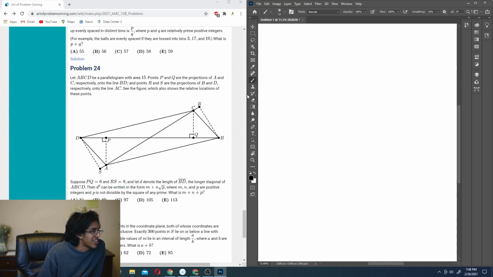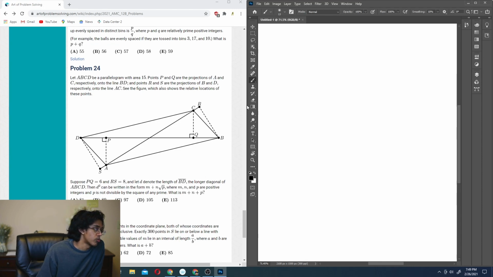This seems not bad, right? Can't be that bad. Okay, so we want to find this length, right? Seems like a bunch of similar triangles, like this is similar to that. Okay, well, we know that, wait, do they bisect each other? Yeah, they should. Yeah, so this has length 4, this has length PQ, what? This is length 3, right? So that, I mean, sorry, what? RS. So this has length 4, this has length 3. Oh, and the area is 15.